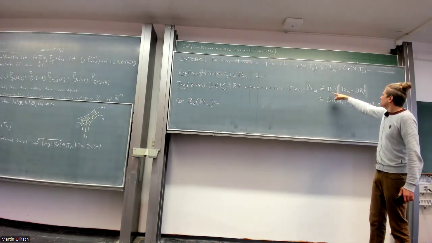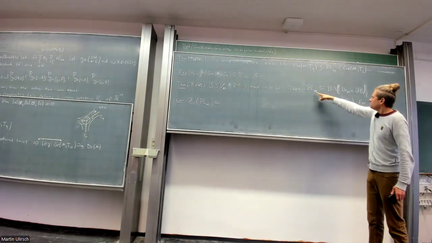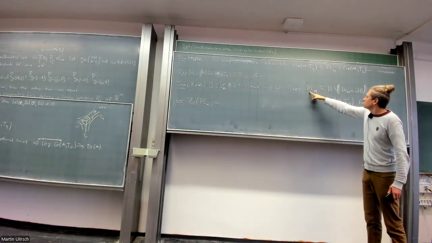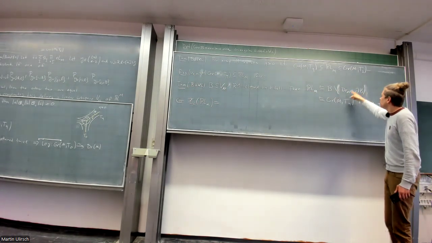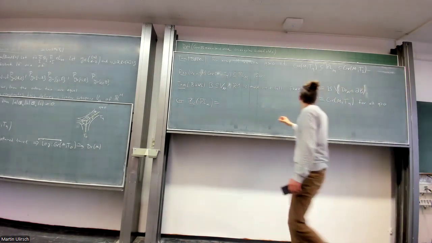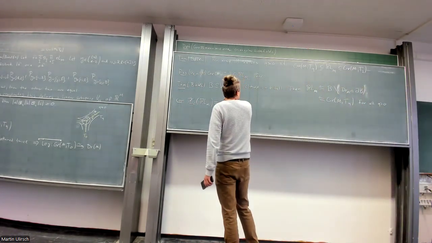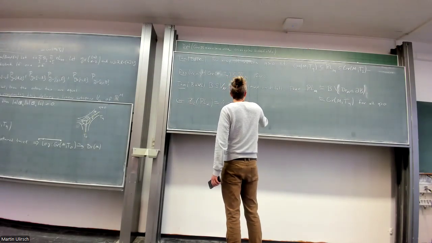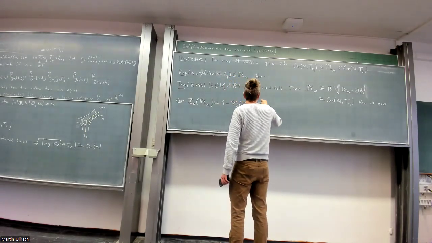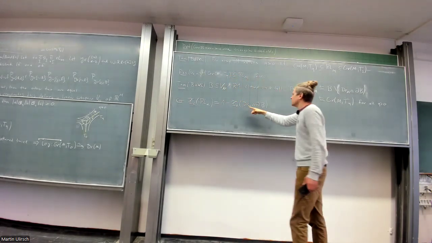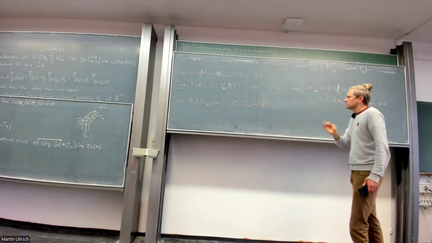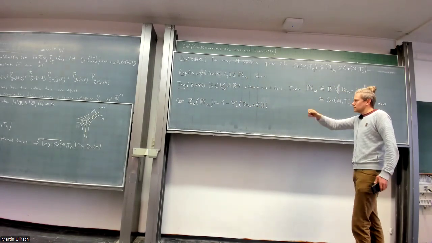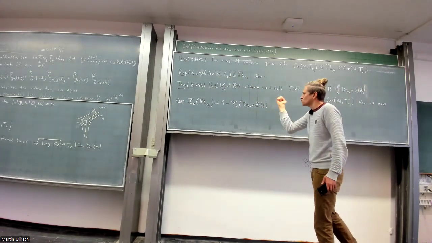So here we can compute the Euler characteristic by this formula. It's the Euler characteristic of the ball minus, and because the Dressian consists of rays,